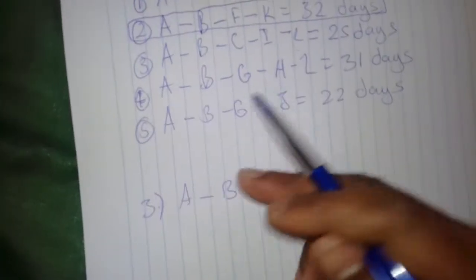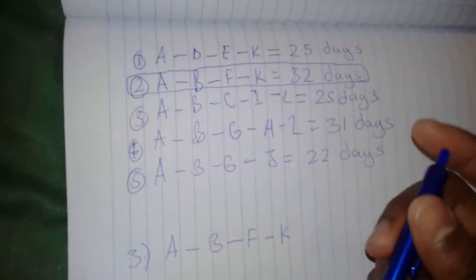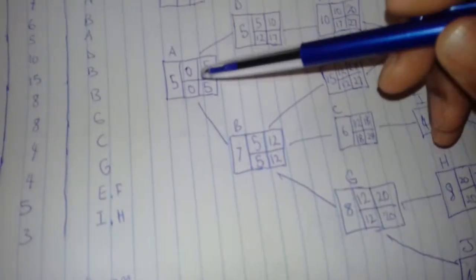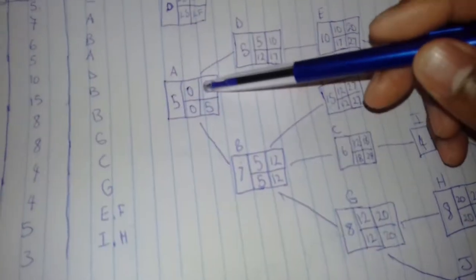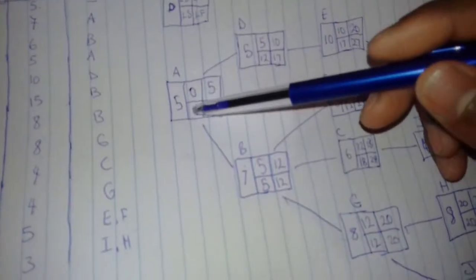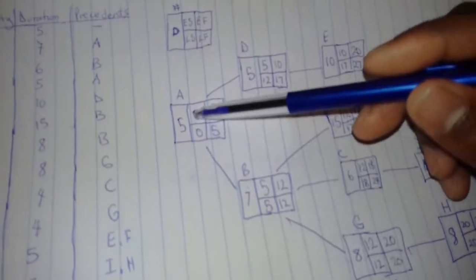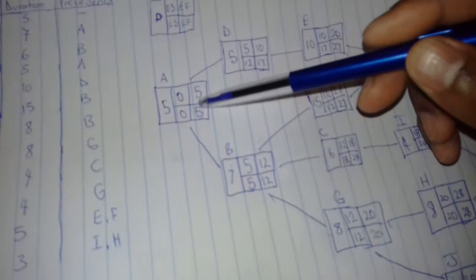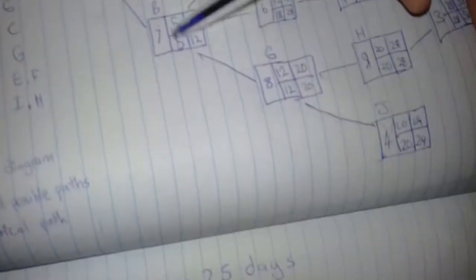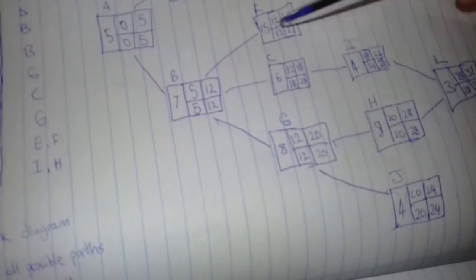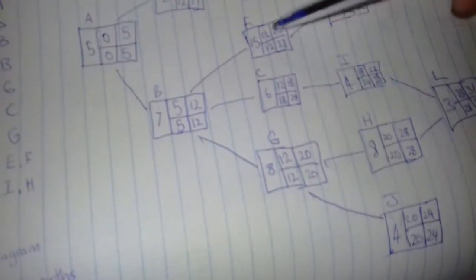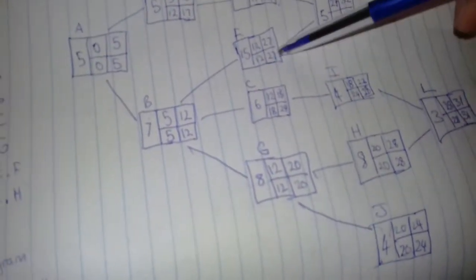What the critical path also means is, if you notice here on the graph, these are all the days where the early start and early finish and the late start and late finish are exactly the same. You see 0, 0, 5, 5. So this is the same, and they are connecting the same. And also if you see, it's connecting the same. And also if you see here,